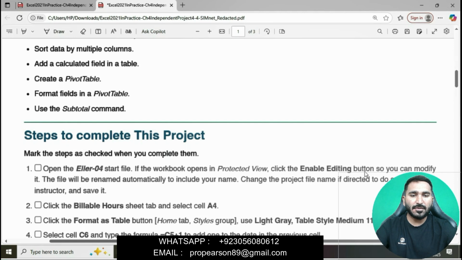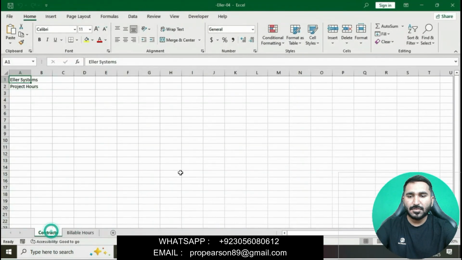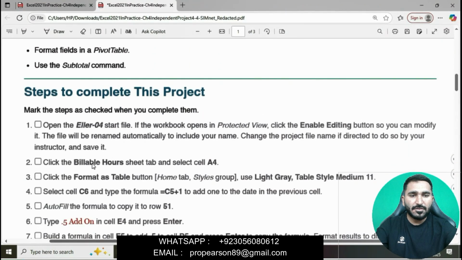Change the project file name and save it. You can see this file is ready to work on.